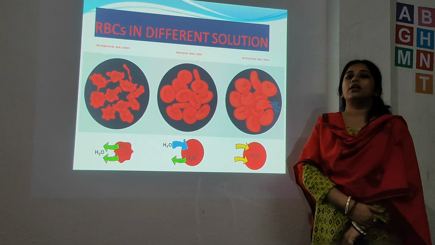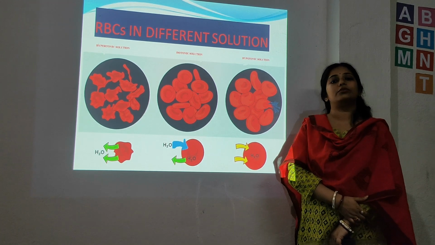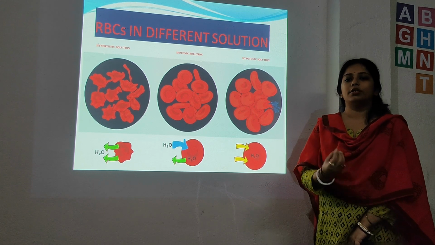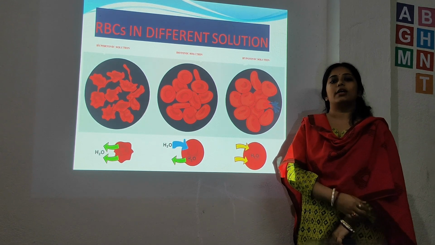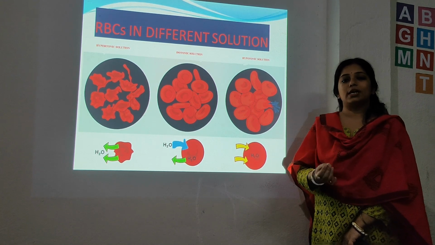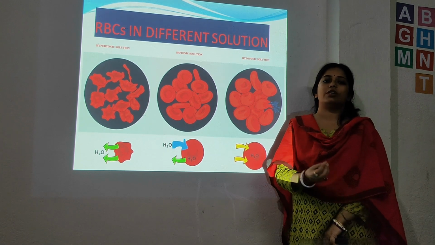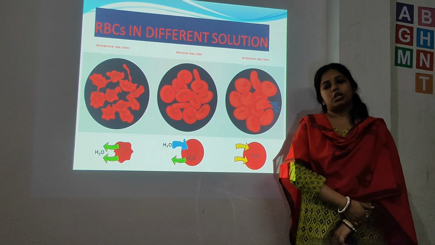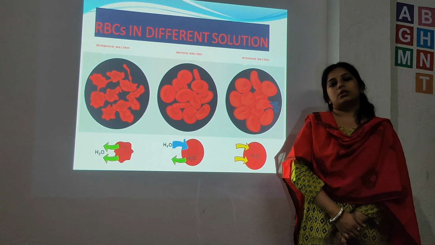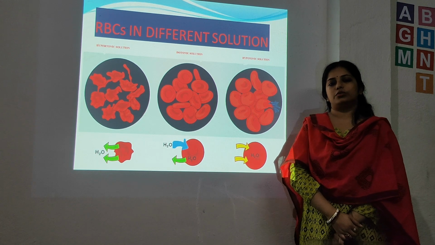What happens? In the soap water, the solute concentration is more compared to the cell sap of our body cells. That's why the water comes out from the cells of our fingers, and as a result the cells of the fingers shrink, and that's why we have shrinkage in our fingers. So I hope from this practical example you are getting a clear idea about isotonic, hypertonic and hypotonic solution.